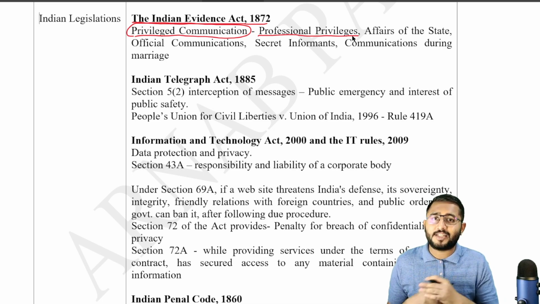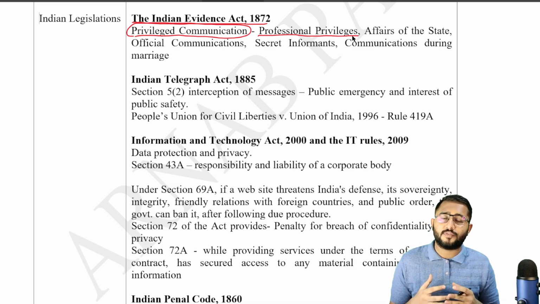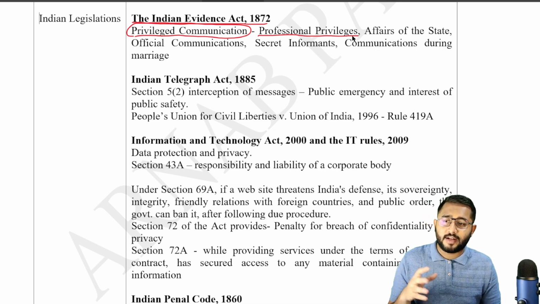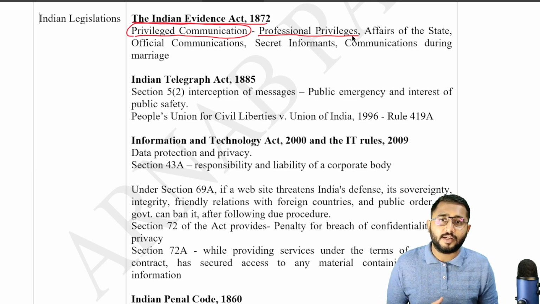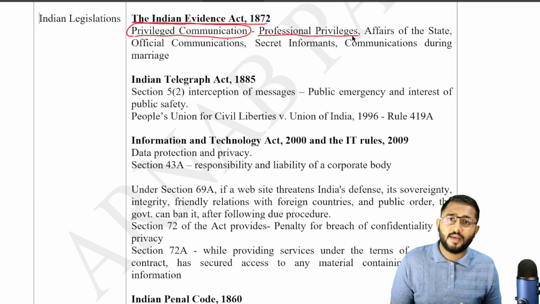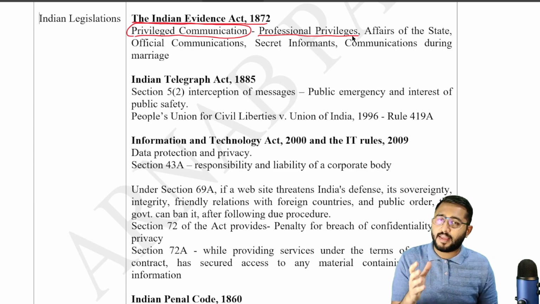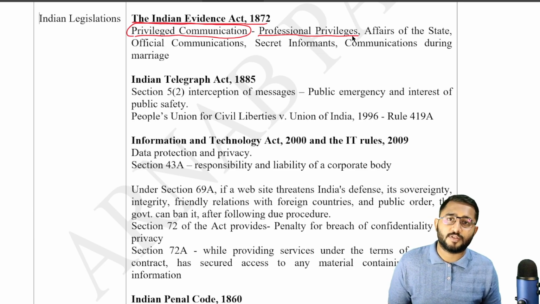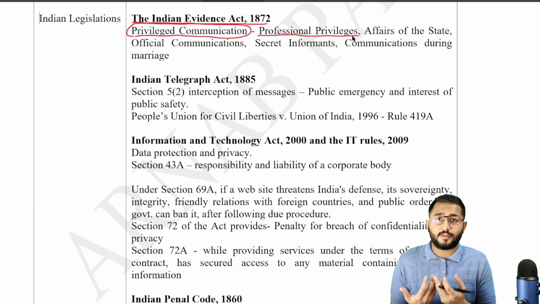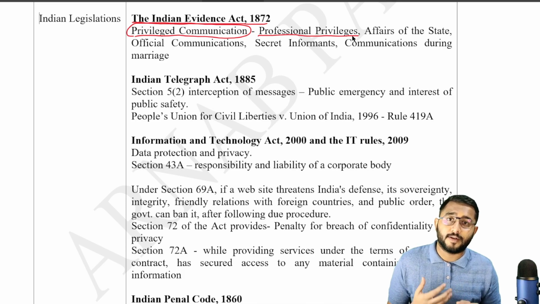So that this doesn't happen, so that the client himself is not under pressure that the advocate might reveal his data or reveal his own information or jeopardize his own case, the court has regarded and the Evidence Act has regarded this communication as a privileged communication, right? क्योंकि मुझे भी तो भरोसा चाहिए for my own free and fair trial, right?